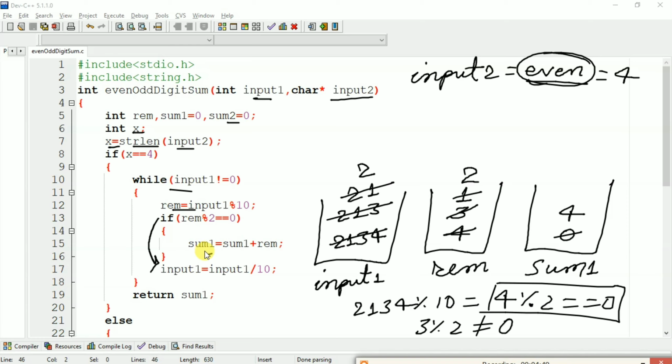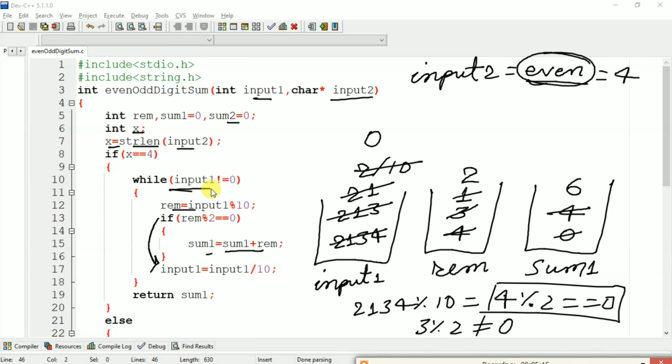Now we will perform this operation, sum 1 equal to sum 1 plus remainder. Here sum 1 is 4 and remainder is 2, so 4 plus 2, now sum 1 becomes 6. After that input 1 equal to input 1 divided by 10. Here input 1 value is 2, 2 divided by 10 returns 0. So now input 1 becomes 0.